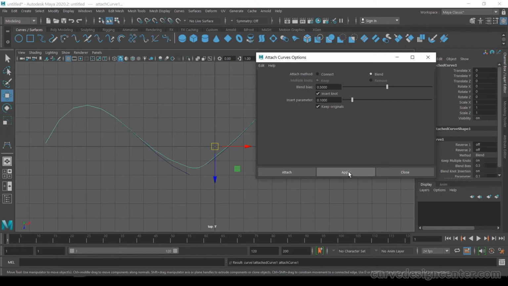Press apply. So these curves attach at the mid position of the original curves. By using blend bias you can control this curvature.